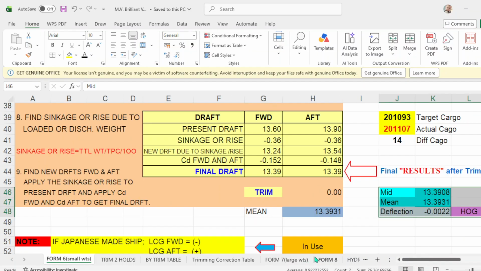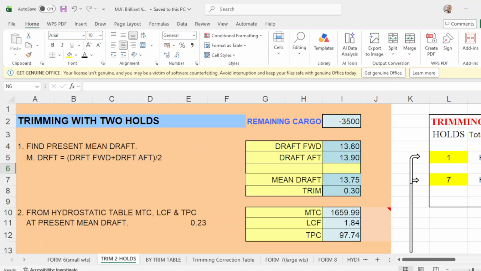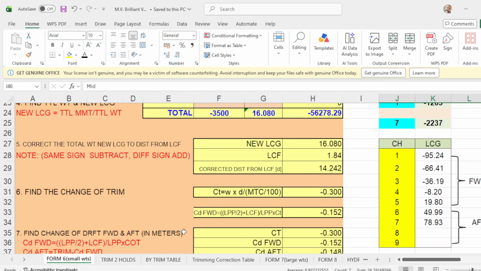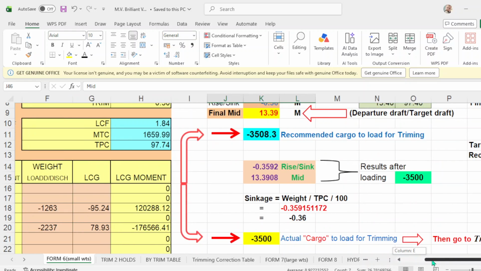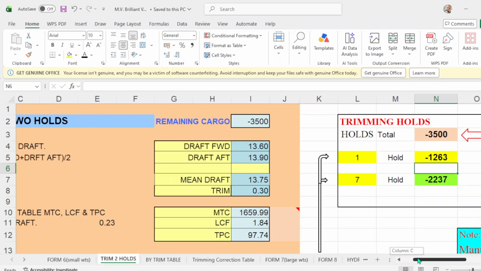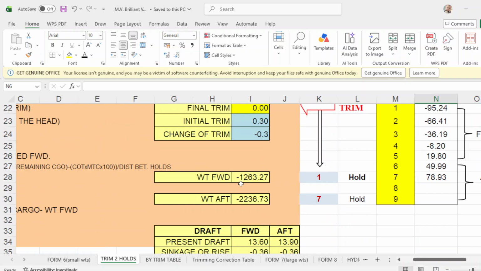Okay, so it's easy, guys, to use this program. If you want to discharge or load, you just put in the section negative 63, negative for weight for discharge, which is in hold number 2, which is this one. See, in trimming holds it says negative, so you have to discharge this value if it is to be discharged. Positive if you're going to load.